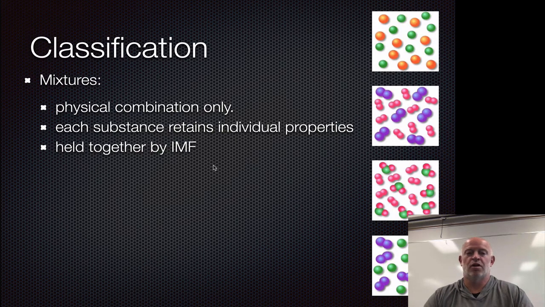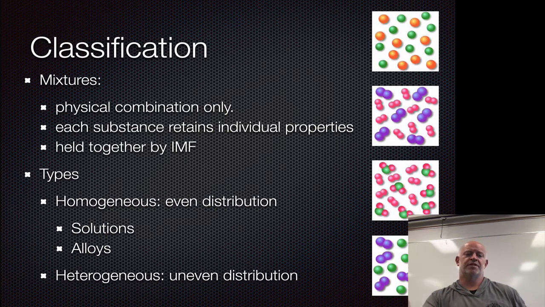IMF is all over in our world. It's one of the dominating principles that allows us to study chemistry. We have chemical bonds and we have intermolecular forces. A lot of people have talked a lot about chemical bonds. They don't talk much about IMF. We'll have a slide later talking more about IMF, but I want to introduce it now because it is a key piece of what would identify a mixture: you have these forces that go between molecules that hold things together. They're not a chemical bond, but there's still an attraction there.